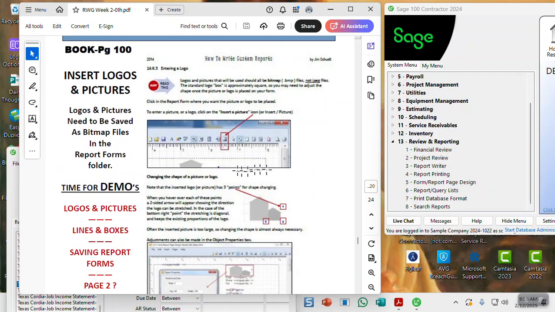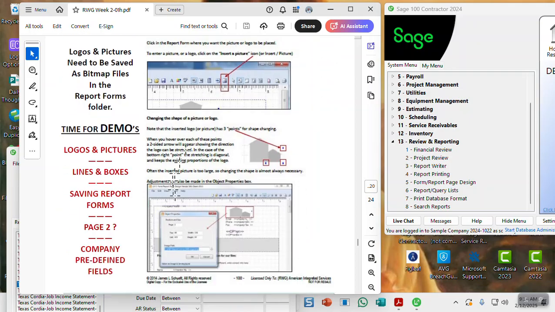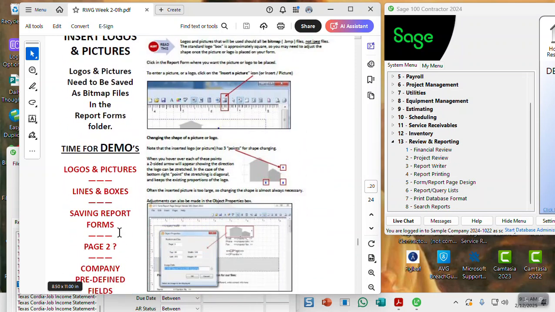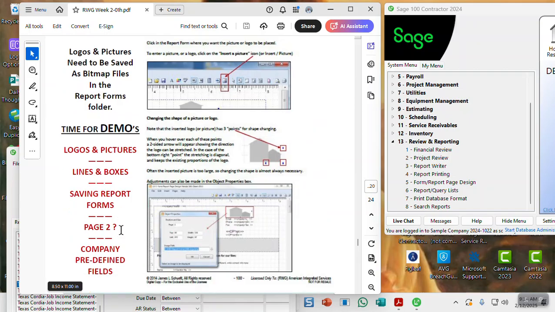Now, we're going to take a look at inserting logos and pictures. I've got some here on the page, but we're going to go straight to demo and show you there. But this is here for your review. Besides logos and pictures, we're also going to do lines and boxes, saving report forms, page number 2, what about that? And then company predefined fields. Then we'll go into your homework assignment. Okay, so let's go straight to